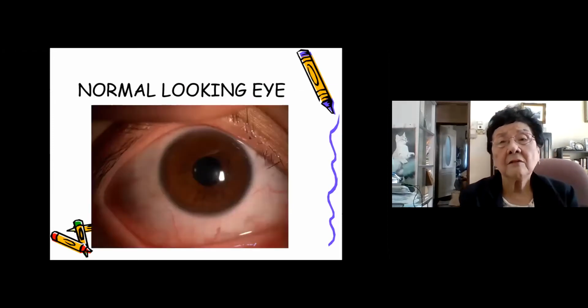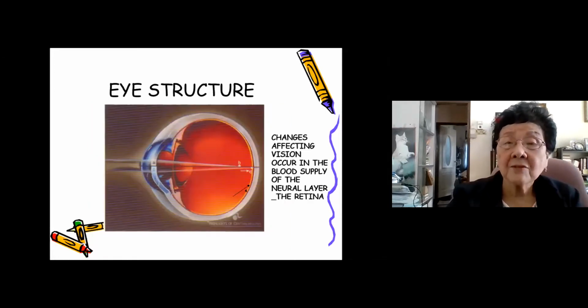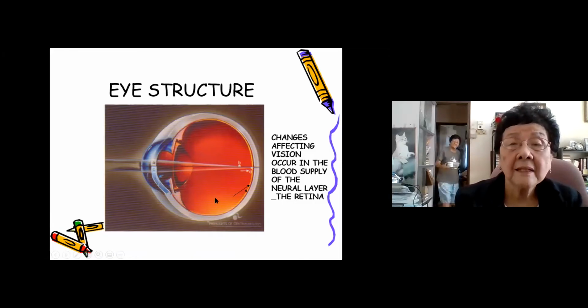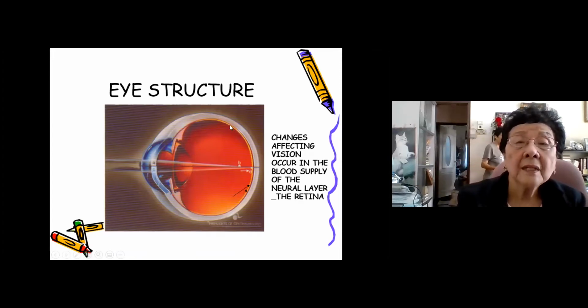When you look at the eye, it looks very normal, like yours and mine. You look at this eye and say, it's a beautiful eye. The cornea is clear, the structures all look nice, and the eye looks pinkish, that's all. The eye structure in cross-section, what we are actually examining whenever we say there's retinopathy, is the retina, which is the innermost layer of the eye. The outermost layer is the sclera, and then you have the vascular layer, which is the choroid. And what we are interested in is all the vessels, the fine, minute, micro vessels and so on, are having